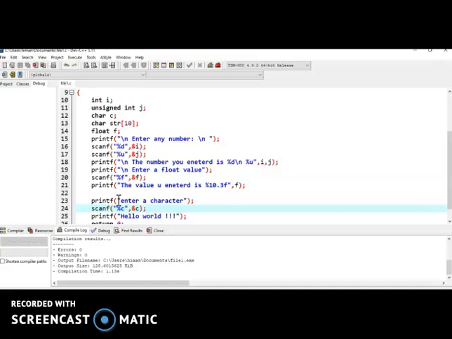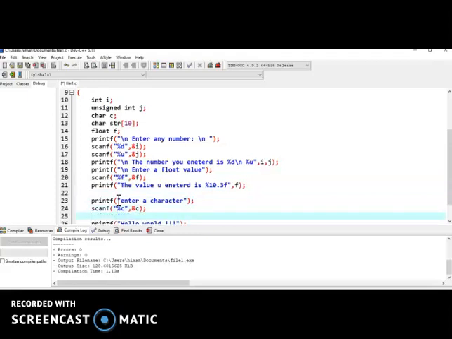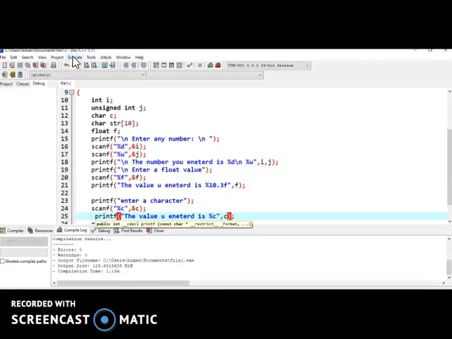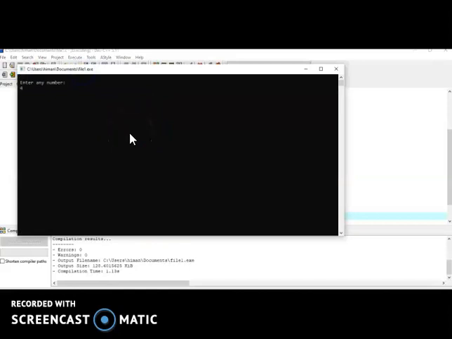and Control S, and let us print the value. So printf, the value you entered is, instead of all this, we will write %c here and the name of the character variable that we want to print. Save it, Control S, then compile, and then run. So you enter the value 4, 5, enter float 3.45, and okay, the character it is not